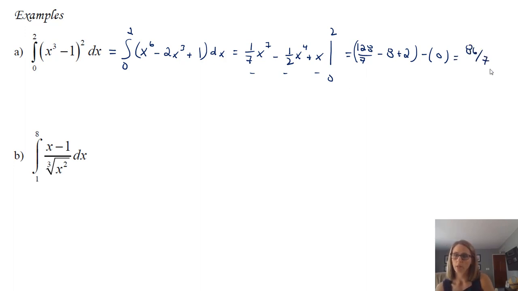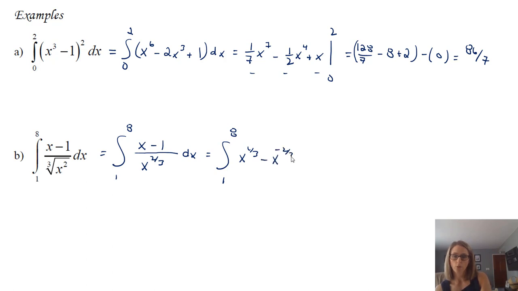86 over 7. For the next one down here, I am going to rewrite this. So notice that the one above and this one do require a rewrite, because you need to be able to separate your pieces. You cannot take the antiderivatives in the way that these functions are set up right now, because just like we have product rule and quotient rule, you can't just take the antiderivative of each piece and still have it be divided. We don't have those rules and properties. So what I'm going to do is rewrite my denominator as x to the 2/3, and then divide each piece so that I have x to the 1/3 minus x to the negative 2/3.